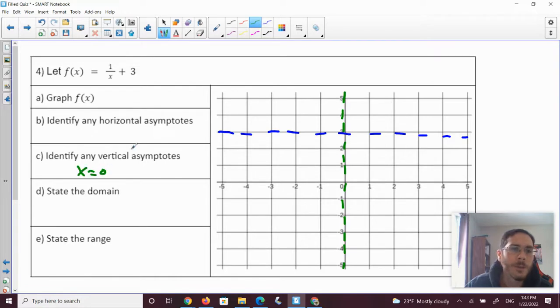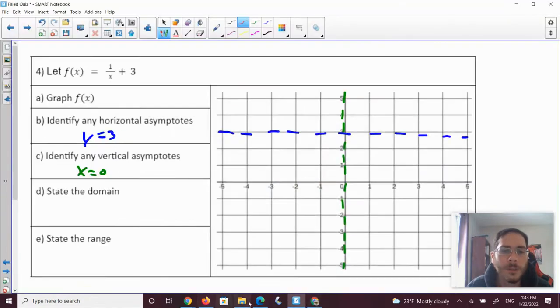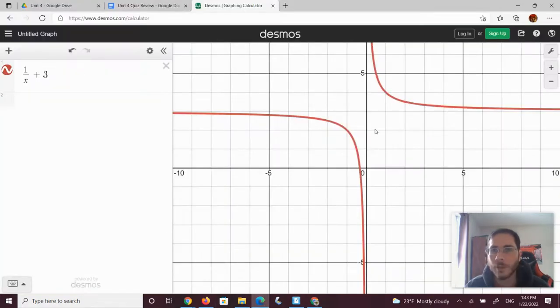So x equals 0, y equals 3. And we want to get the right shape of the graph. So let's grab the graph again. That's the wrong one again. There we go. So it looks like we're coming from the top. And